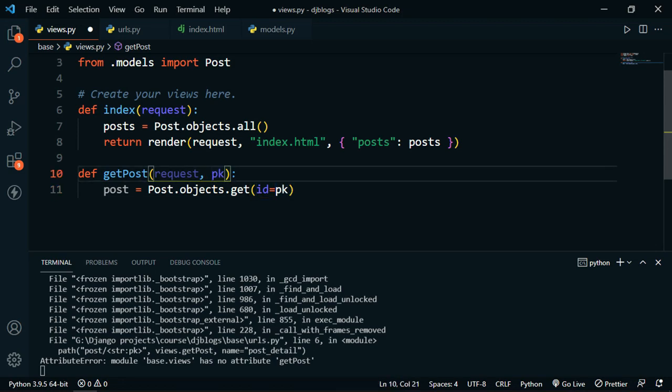So the function is: look at all of the posts, and if the id of a post is equals to the pk, which is primary key, which is passed in the URL, then return that post and save that post in this variable. I will type here return